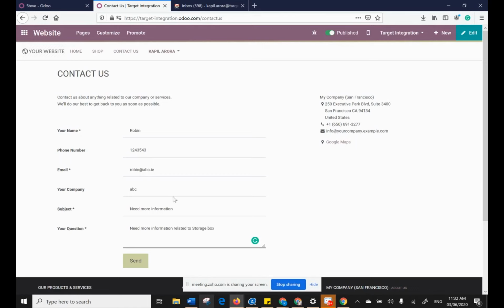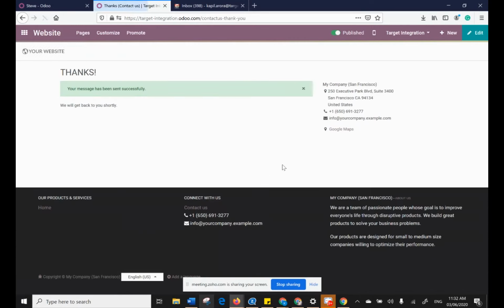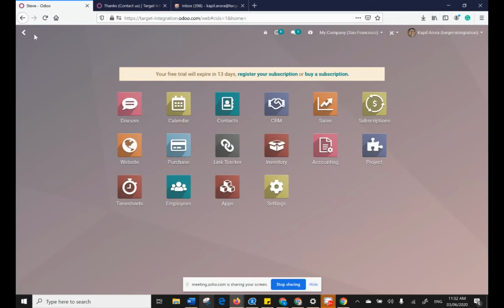So the customer says he is looking for some more information on the storage box and he wants to connect with someone. Once he clicks on send,